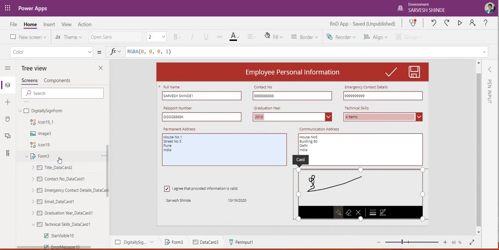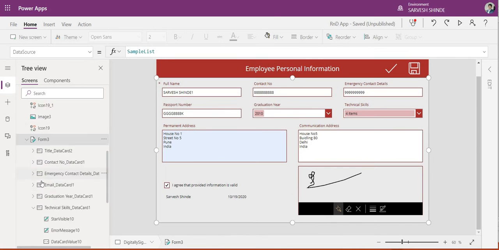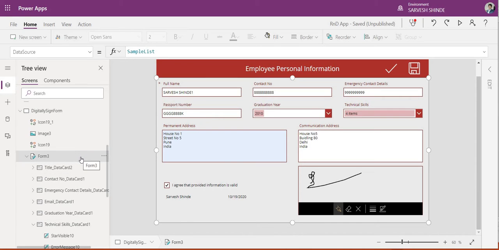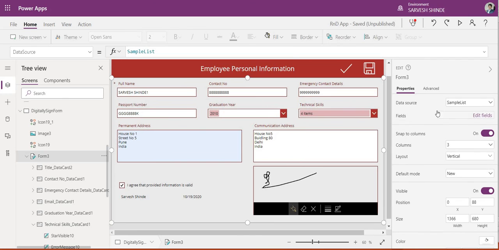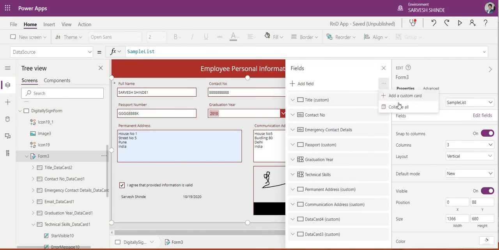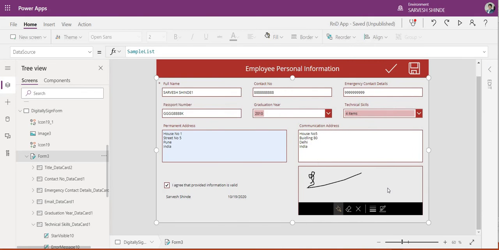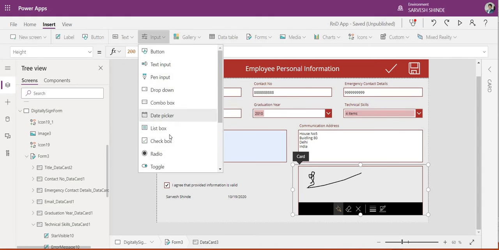Whatever form you have added, you can add your own data card into it. If I show you here, in edit fields, from here you can add your own custom data card. Inside that custom data card we have added a pen input control, which you will find here.